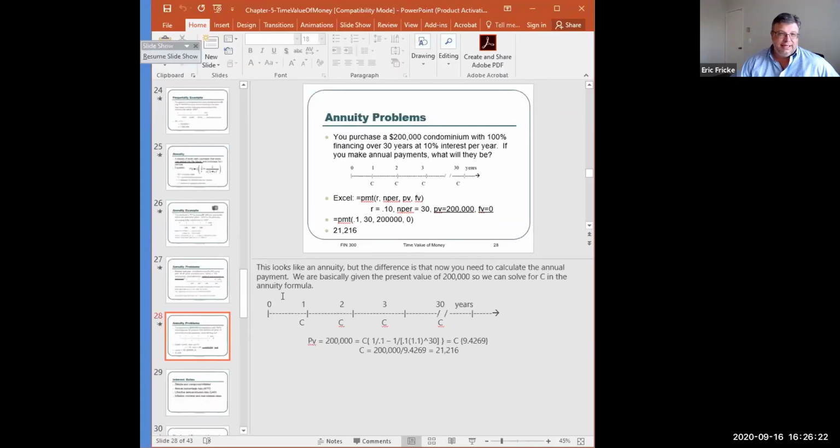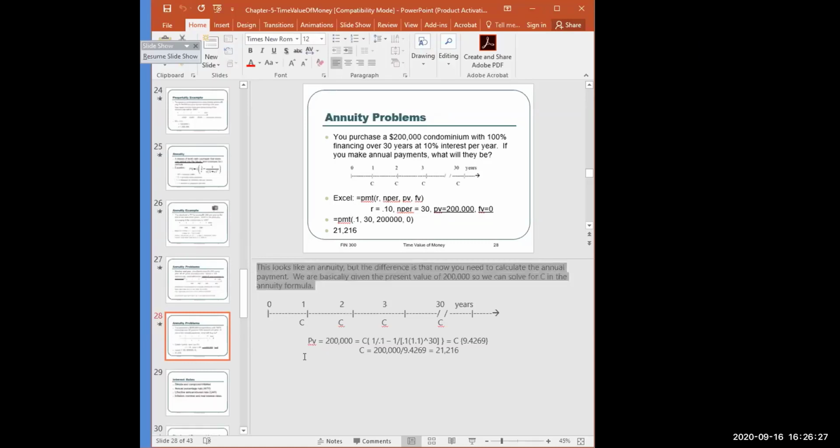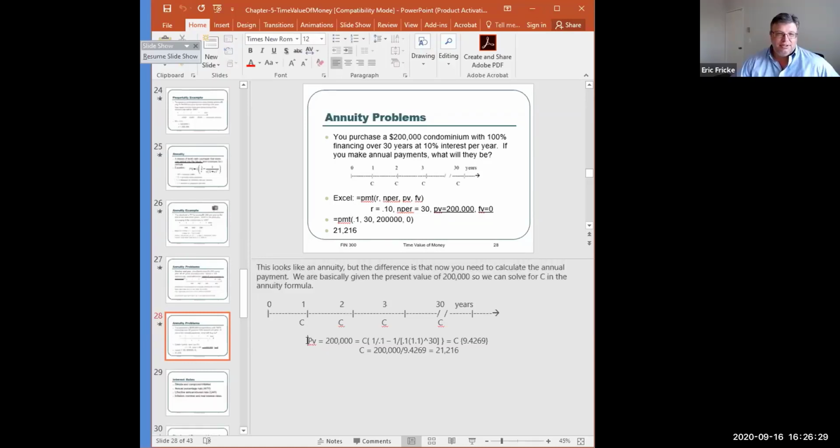Are you able to see that? So here down in the notes, okay? This is what the math setup looks like. The PV is equal to 200,000, and then we plug in C as our variable, and then we plug in all the information we have there for the annuity formula. Okay? And then we do the math,